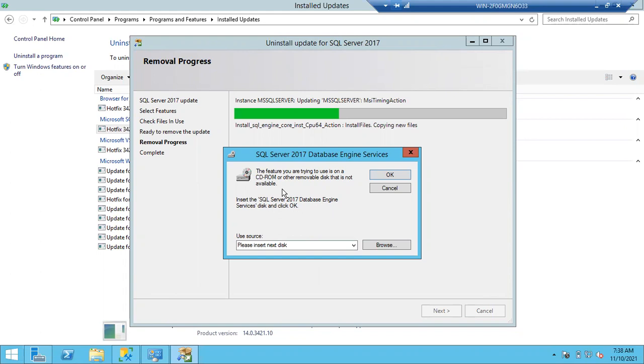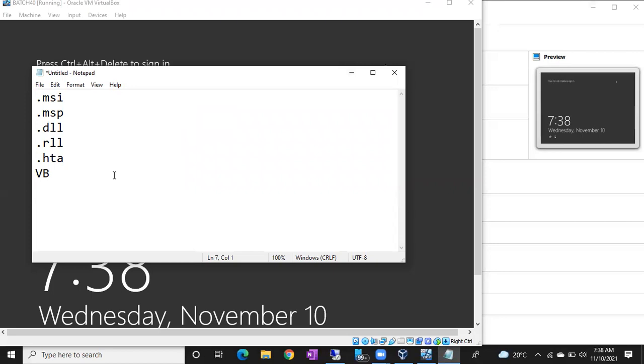Before that, there is a very easy way we can fix these MSI and MSP issues. Earlier we had a VB script to find missing MSI and MSP files. Later Microsoft introduced one tool called Fix MSI and MSP tool. You have to download this tool from the Microsoft website and install it.